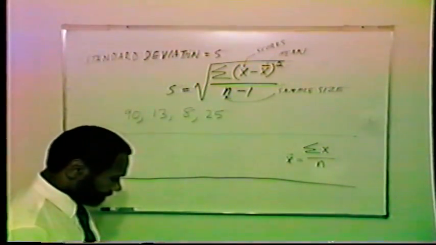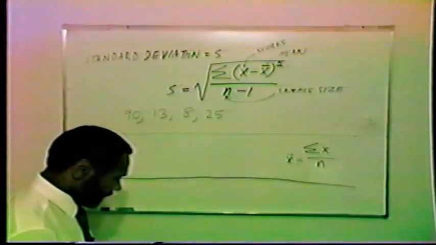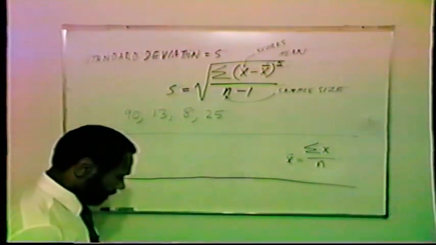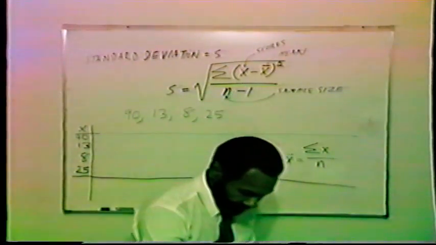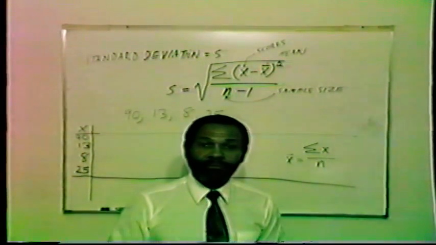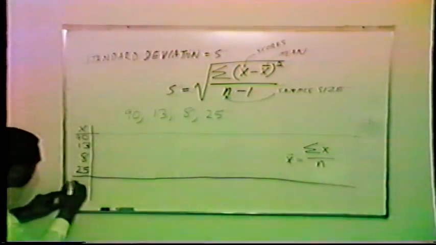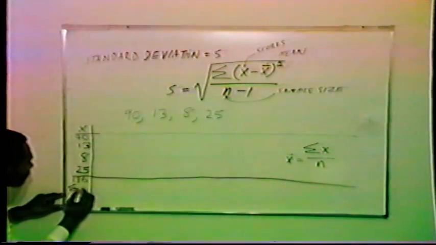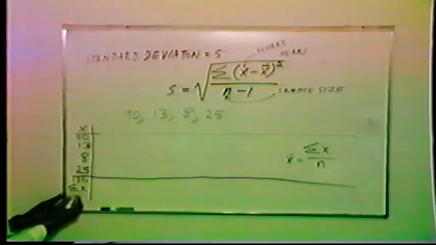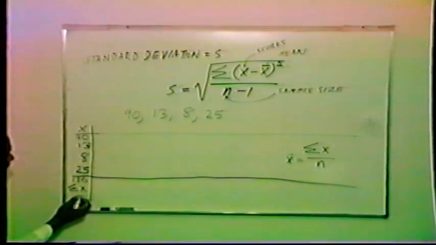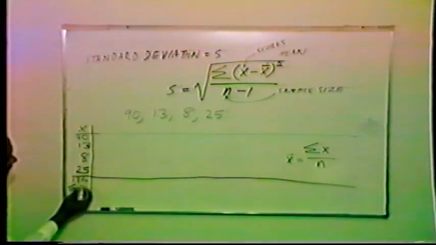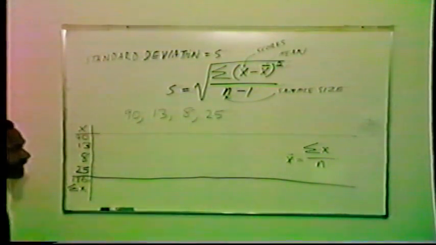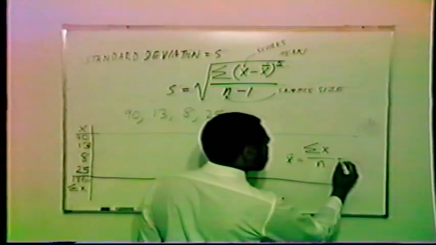We have 90 plus 13 plus 8 plus 25. And that gives us a sum of 136. So that goes right here, 136. And that is the summation of x. That's the summation of the scores. So you can put that little summation symbol somewhere there to remind you of what this number represents. It represents the summation of x. And of course, that goes in here. Summation of x is